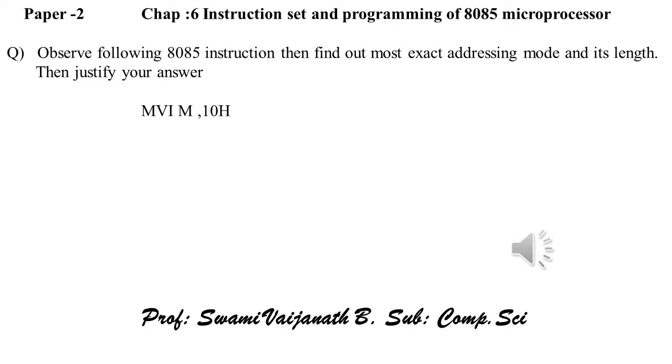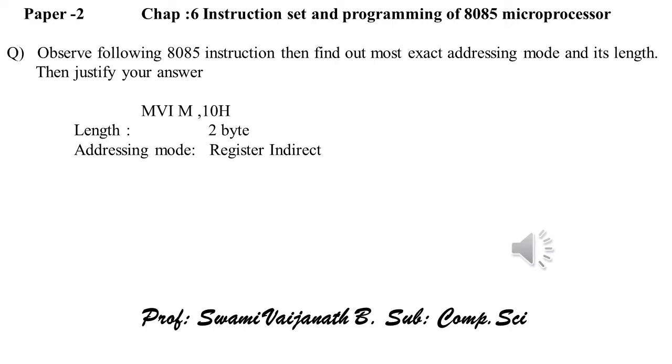Hello, the instruction MVI M, 10H. For this instruction, the length is 2 bytes. Why is it 2 bytes? Because at the source location 8-bit immediate data appears, and 8-bit immediate data is any one of 00H to FFH. Its addressing mode is register indirect, whenever 8-bit immediate data appears but the destination is addressed this way.